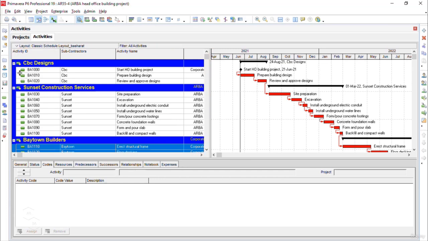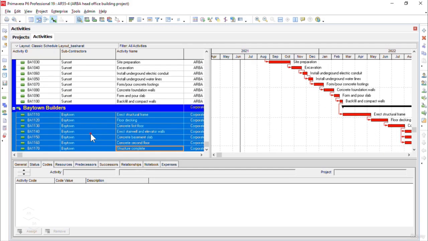For example, CBC Designs has these activities to complete. Then Sunset Construction Services has all these activities to work on and complete on time. Then we have Baytown Builders, and it is showing all the activities that are the responsibility of this particular